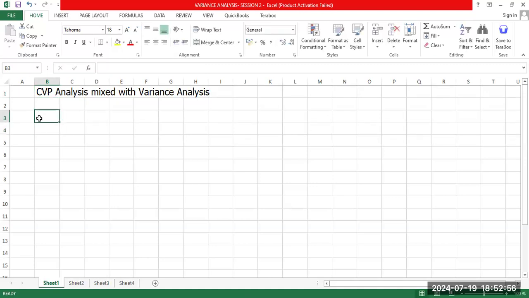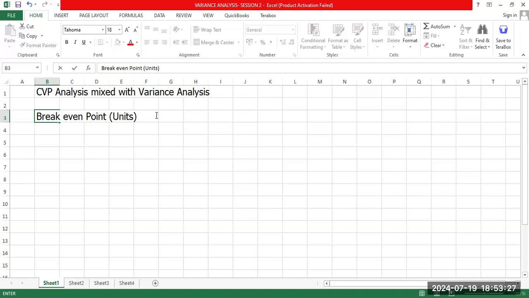But for the required part, they are telling us to get the break-even point. And with break-even point, we have break-even point in terms of units. Then we also have break-even point in terms of amounts. So break-even point in terms of units,